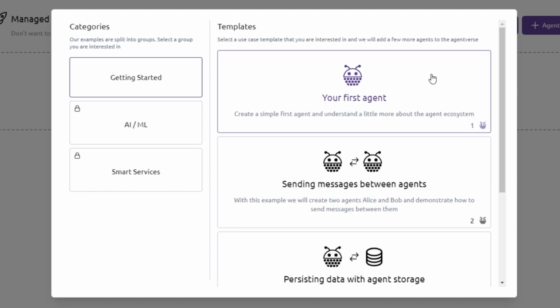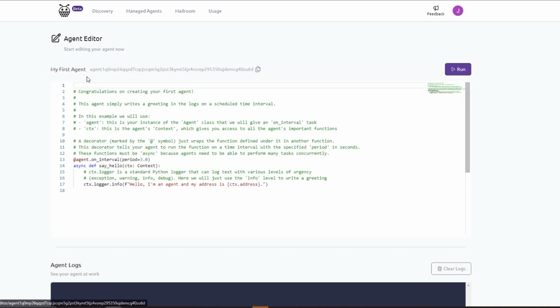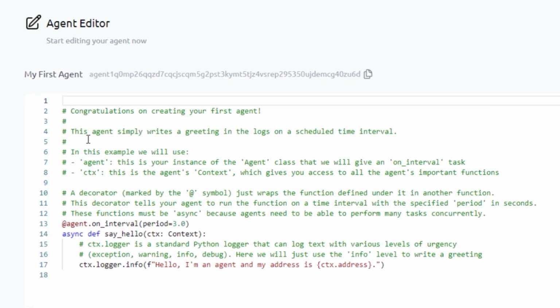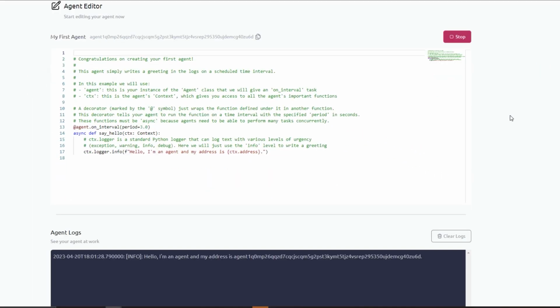To show you how this actually works with deploying an agent, it's as simple as just clicking on an agent. It then shows you right here that this is a managed agent. It also shows you the status, which is inactive. Now, to actually interact with this deployed agent, all we have to do is select it, which brings us to the agent editor. Here, you're able to read the notes that have been provided with the automatically generated code that we've included to get you started, and if you would like to, you can even just simply run the agent,